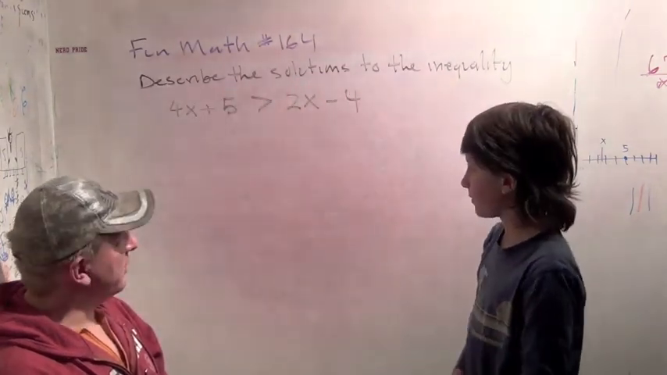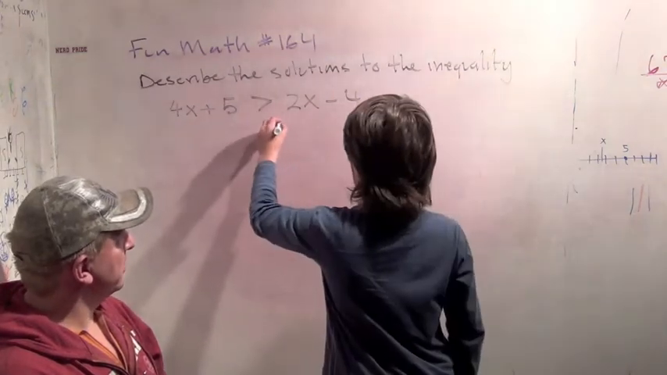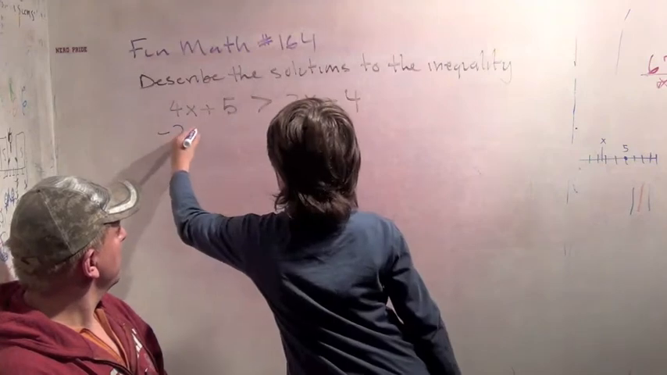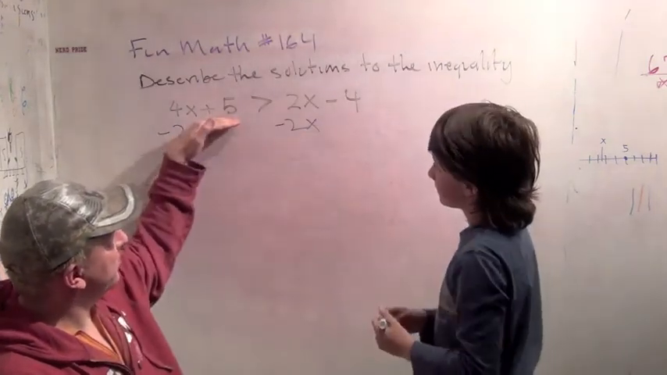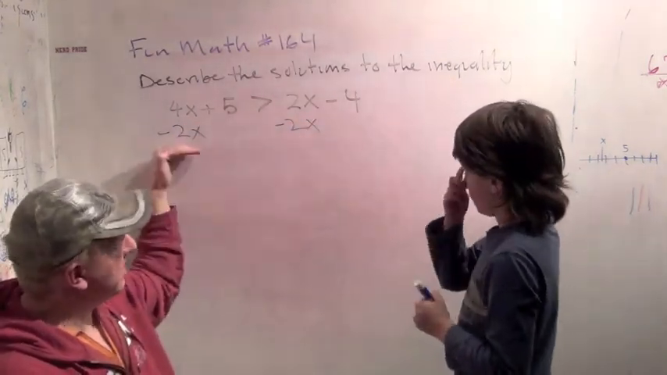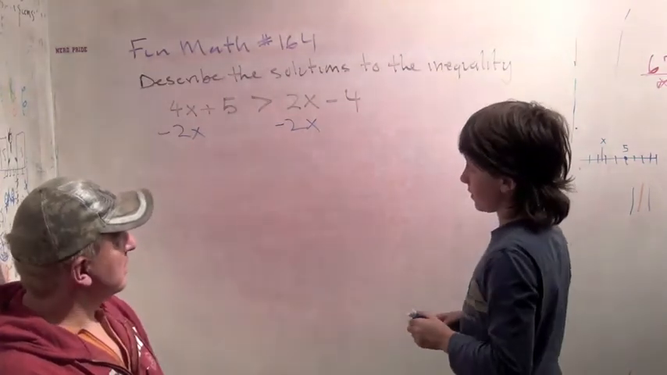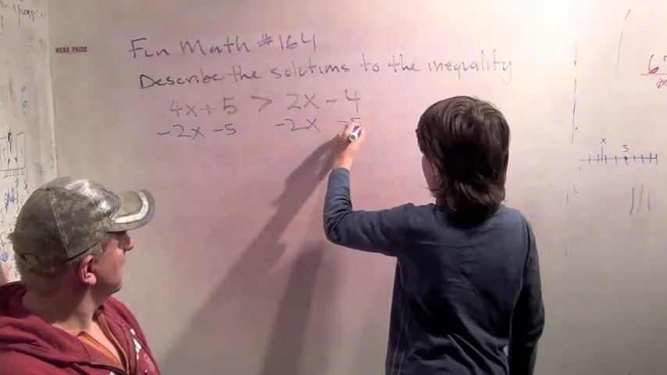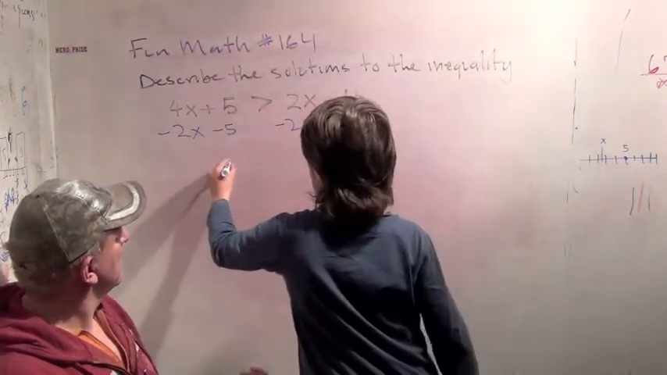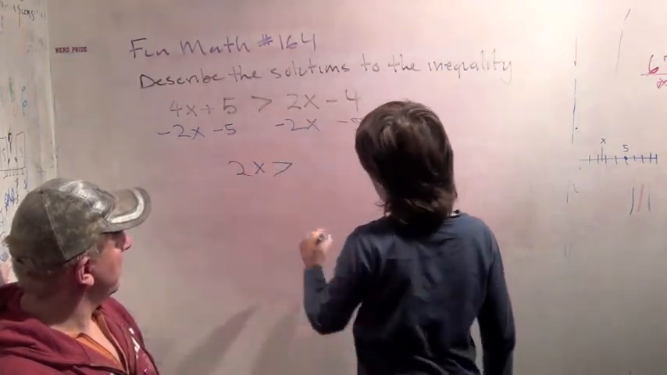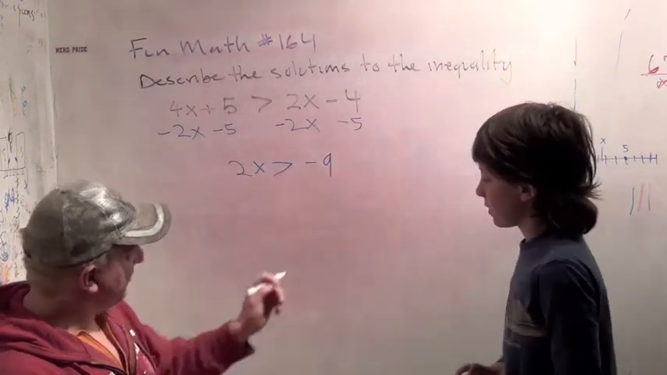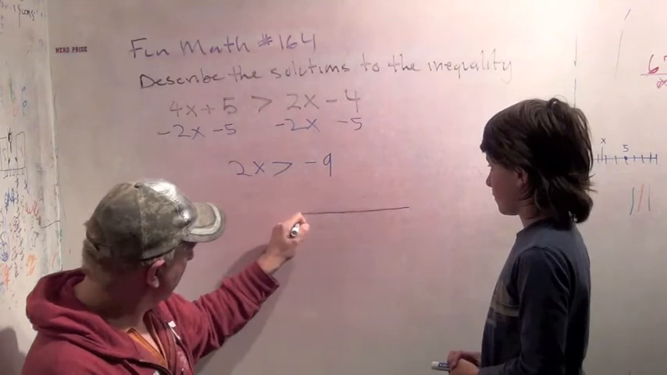Okay, so how do we move things from one side of the equation to another? Subtract 2x from both sides, because the equation will still be the same. Okay, so if you have an inequality, if this side's greater than this side, if you subtract the same thing from both of them, still the same. And then minus 5. Okay. So we get 2x is greater than minus 9. Okay, and now if we have a number line,